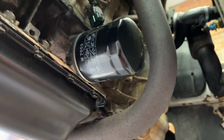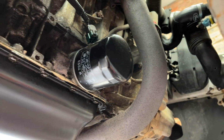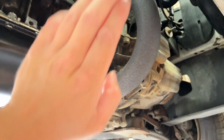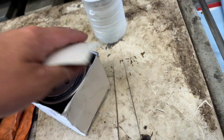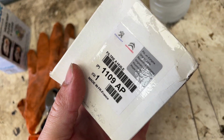But I thought I would just show you a little bit of work on the ZX because we're going to the show this weekend. So first up, as I've said, it's got brand new oil in and a new filter. But these originally left the factory with blue Peugeot Citroen filters. Bosch do them in blue, which I prefer, purely just down to colour, which is pathetic. But I'm trying to make this a bit of a show car. So, like I've mentioned to you the other day, I bought 2 genuine Citroen Peugeot oil filters for a tenner. And as you can see,